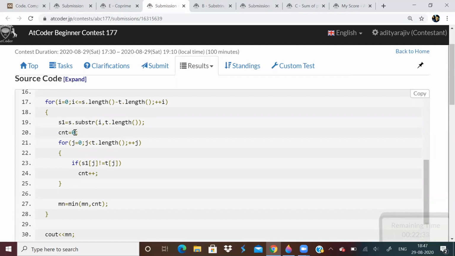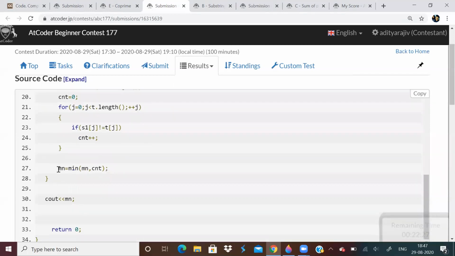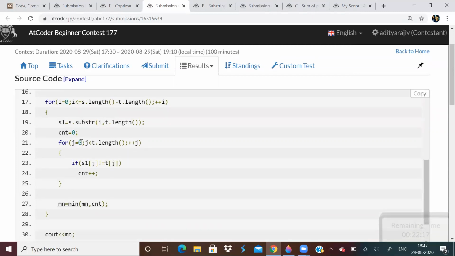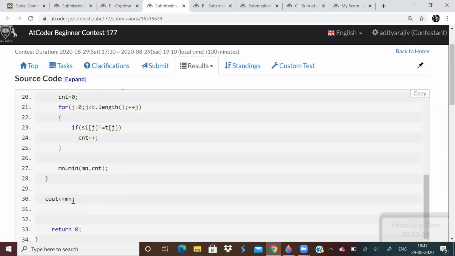I'll keep a count variable and I will count how many changes I have to make, and I'll keep recording the minimum value. I'll repeat it once again. I will generate all substrings of length T. Then I will check for every such substring how many characters differ at each index. And I'll take the minimum of all of those and I'll print it.